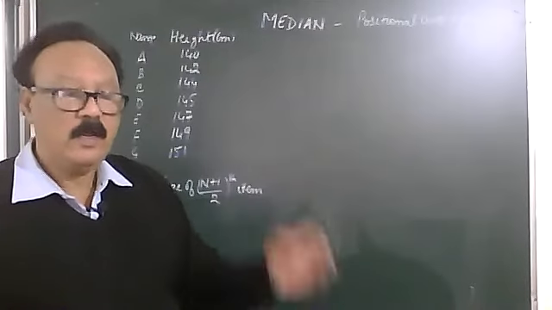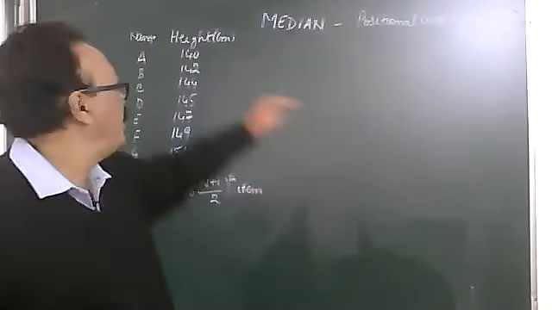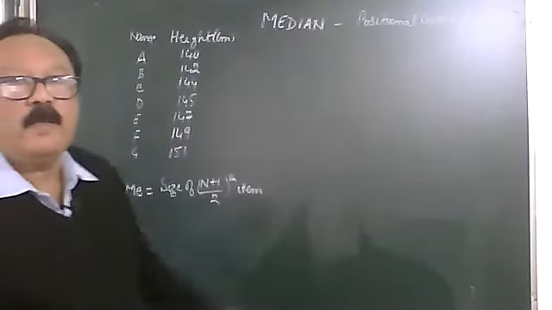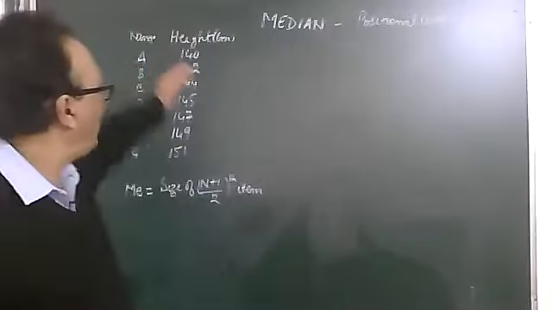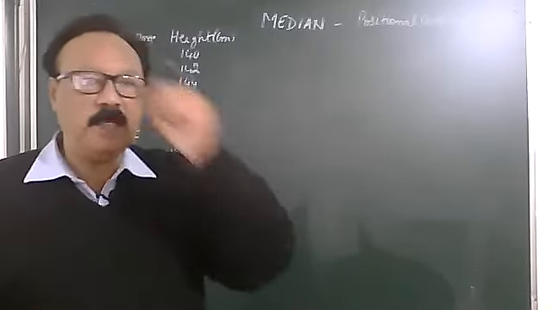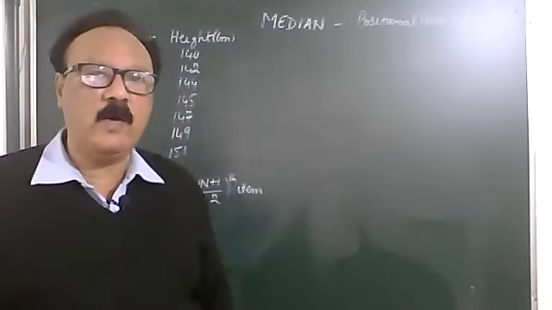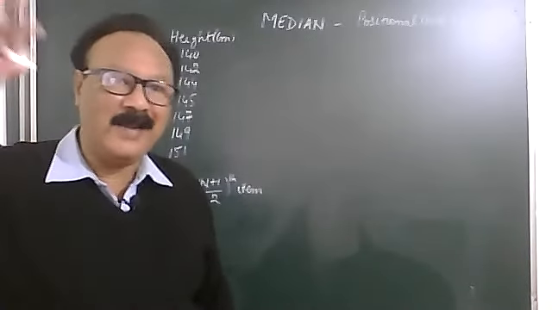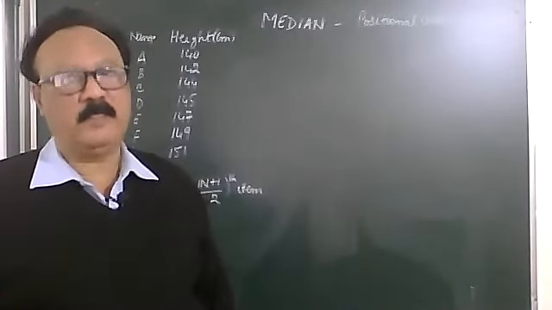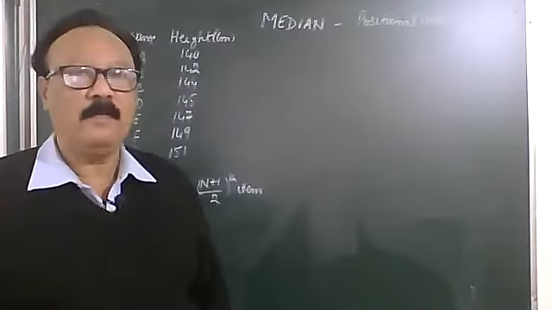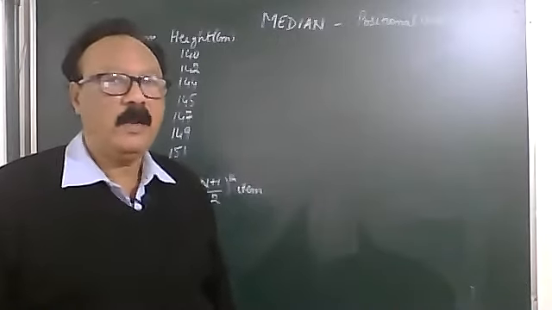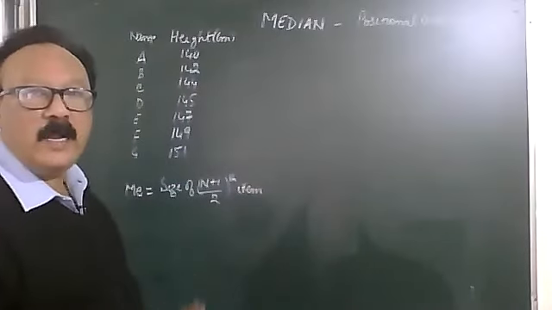What is an ascending order? The smallest value first and the highest value later on. So here we have placed them in an ascending order. If they were given in a jumbled form, we would have to first place these values in an ascending order, because we agree among ourselves that we are going to place our values always in an ascending order, so there is no confusion later on. You are free to do it anyway, but it is always a good practice to keep one fixed pattern which does not confuse you later on. So we agree that we will place the values in an ascending order.